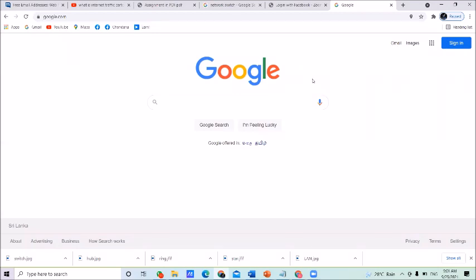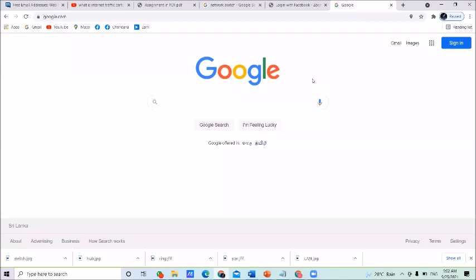Right. If you want to use the service of Google Drive, the first thing is you must have a Google account. I think all of you have a Google account. You must have a Google account.